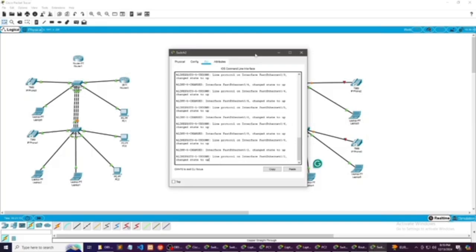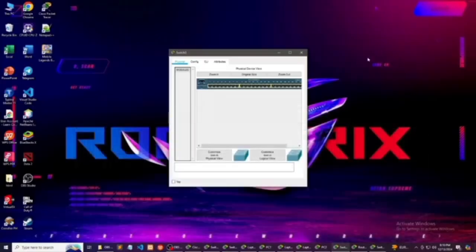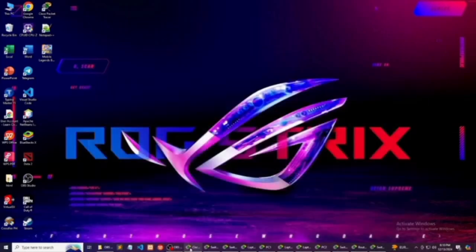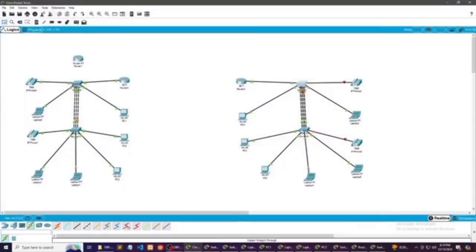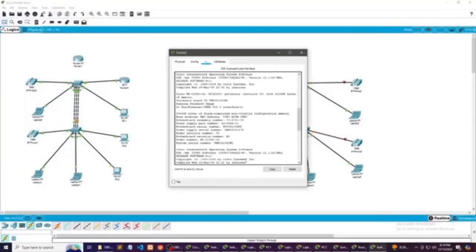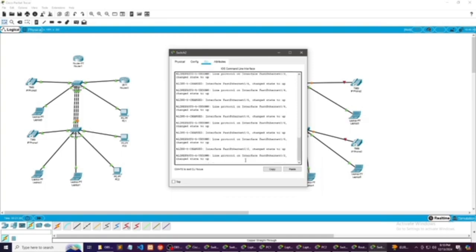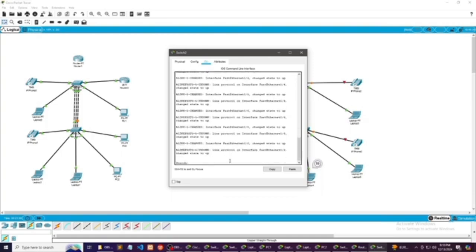So back to the switch. We're going to type. Of course, the same thing lang gapon siya sa left side. Just click the switch, go to the CLI, and then enter. Type EN or enable. Then enter. Then config T. And then enter.